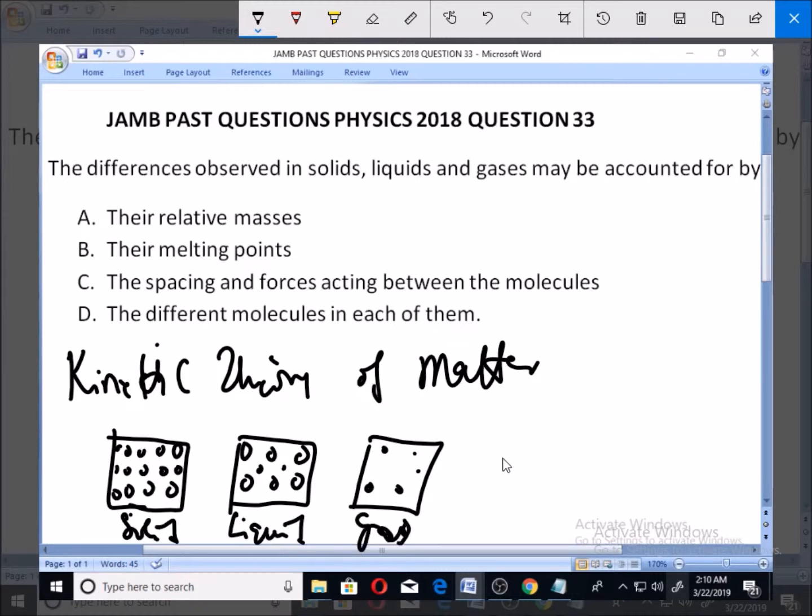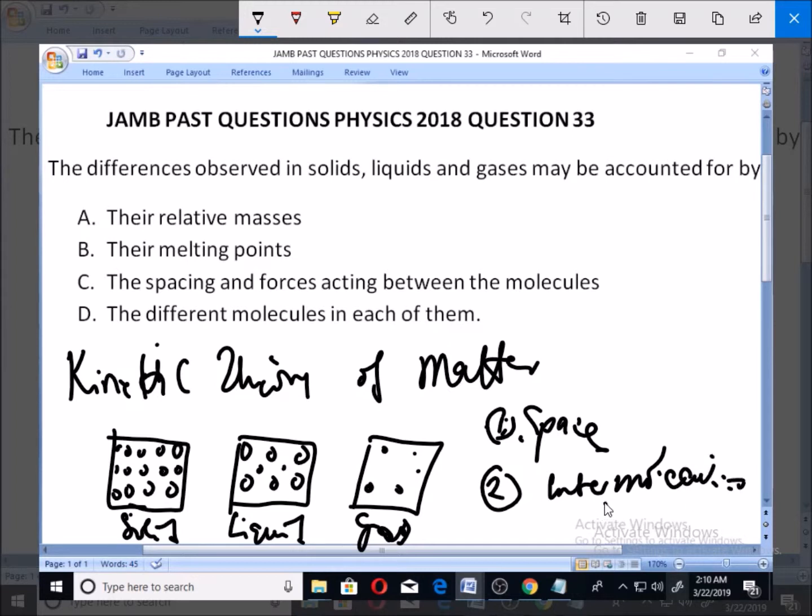So you see that their behavior is a function of, number one, the space in between them, then number two, the intermolecular forces between them. So we have the spacing and the forces. So this makes option C the right option. What determines the difference in the behavior of solid, liquid, and gases is the intermolecular forces and the spacing